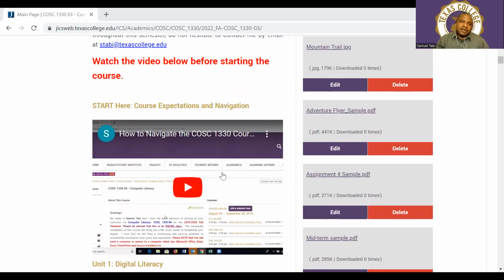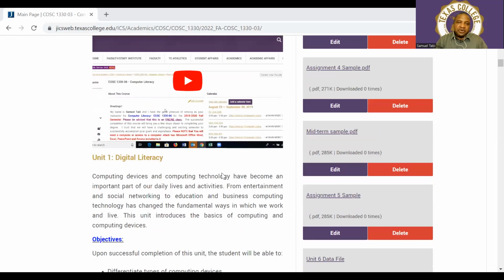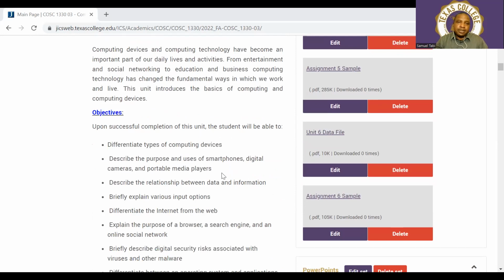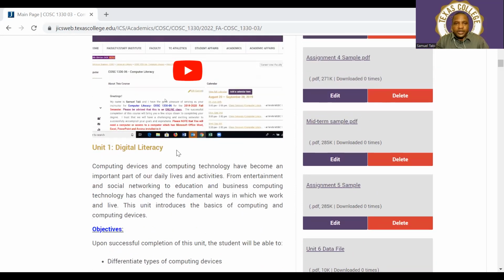At the beginning of every week, I will be sending out an email which will state what is ahead of us, the unit or topic we're covering, and the expectations for that week. For this week, we are in Unit 1,